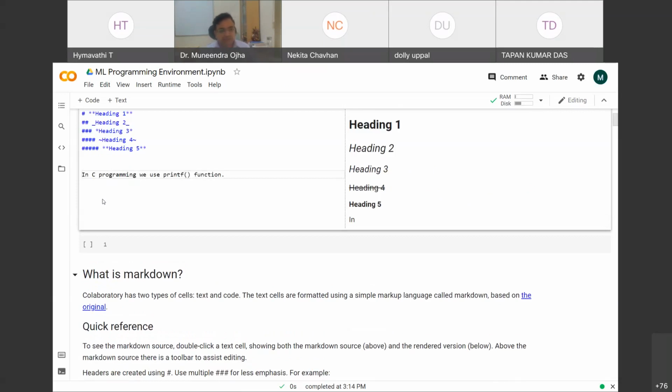Okay, so I have this text, but in this printf is a coding thing. I want to show it differently, so I'll surround it with single tick. Okay, so you see over here the way the printf is written, it's a mono-spaced sans serif font, so it is displayed differently than the text that is written.